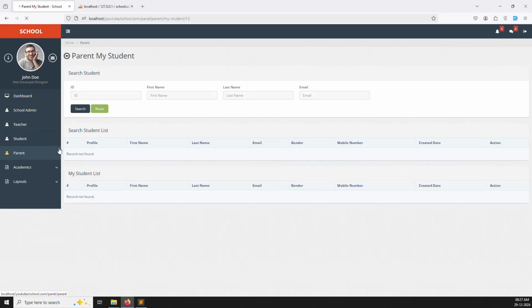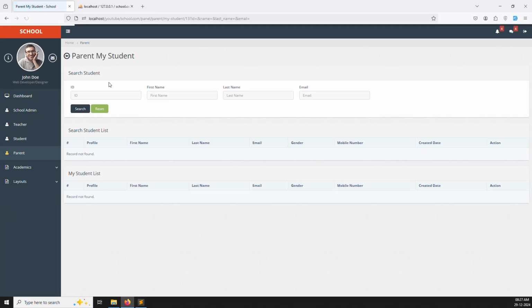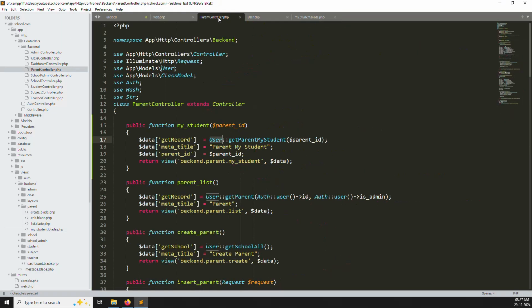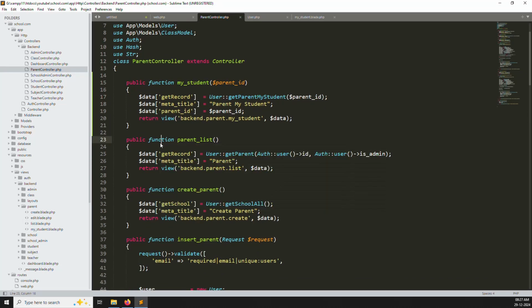Here you can see it, search student list. Okay, so same list, and here you can find an add to parents option like this. So first we need to make a search filter. The search filter works the same, we just need to create a new function, get students. So simply we need to make here $data